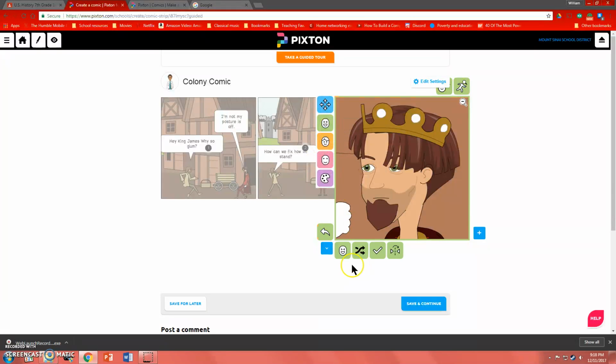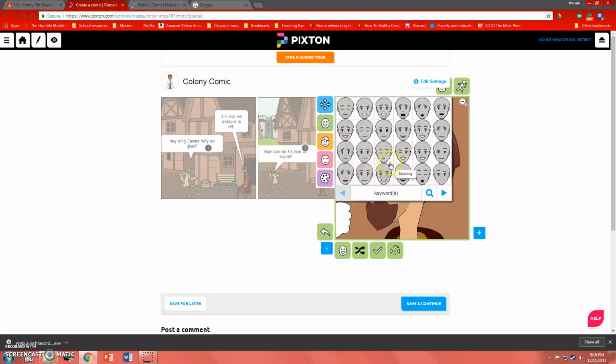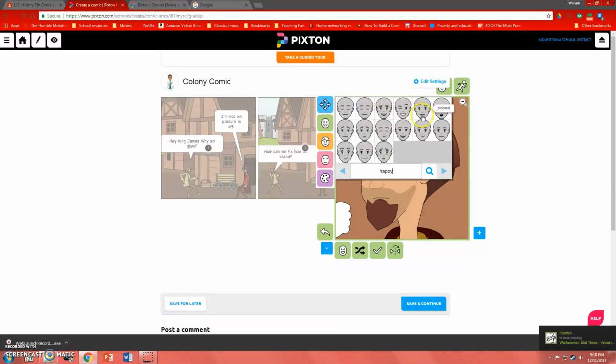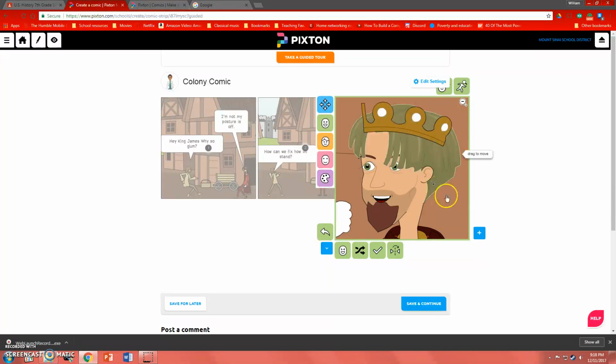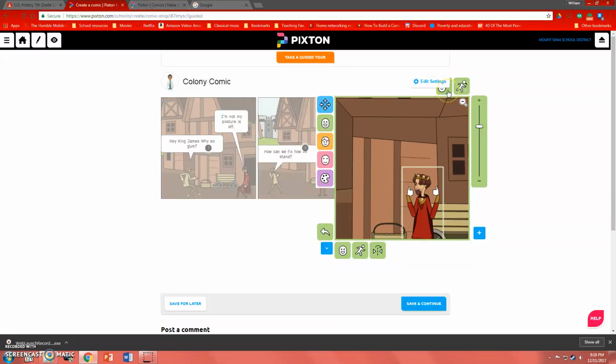And you can make him happy. So preset expressions. Let's just try happy. Here's a whole bunch of happy faces. Let's go with just plain happy. And so you can have it right there if you want to zoom back out. And then we can deselect him and add our text bubble. We just click away, add text,